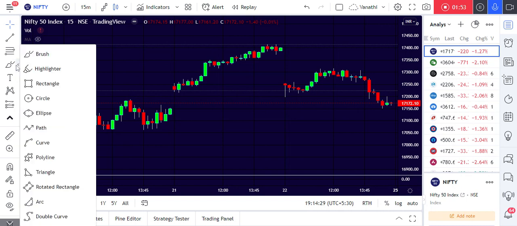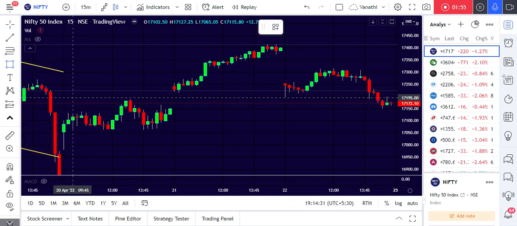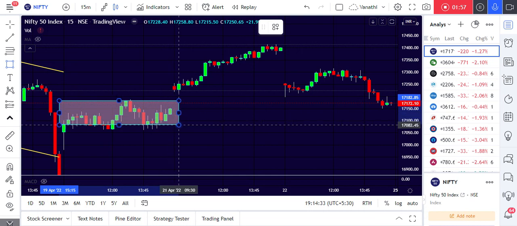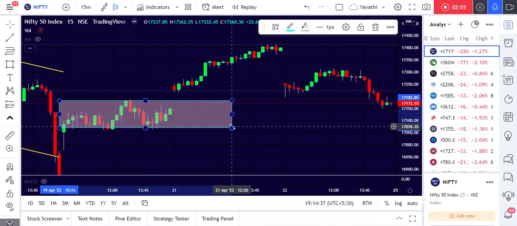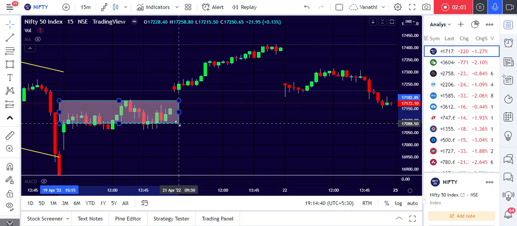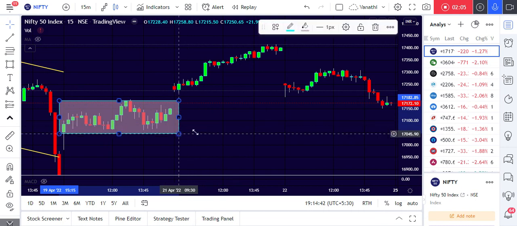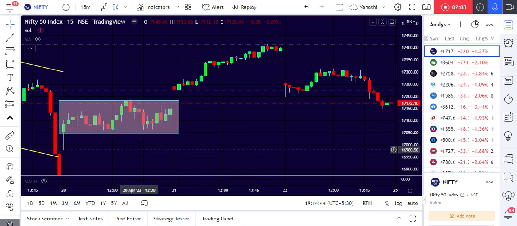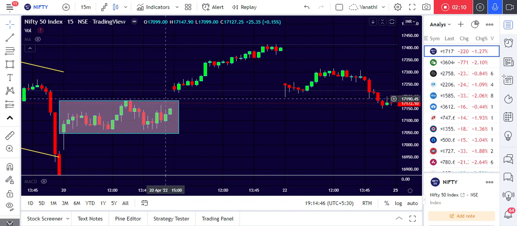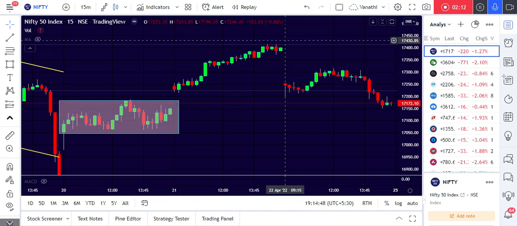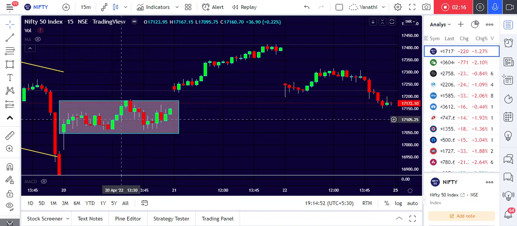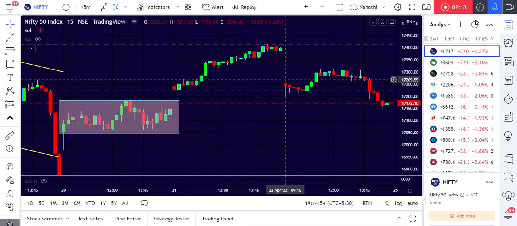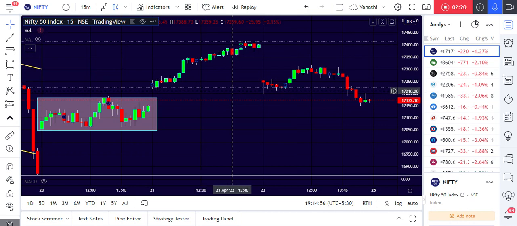Nifty was moving within a range for the whole day without any clear trend direction. As it was consolidating for the entire day, the next day gave a breakout and the price went up. The next day was a trending day. This is a range day. This is a trending day. Again, this is somewhat like